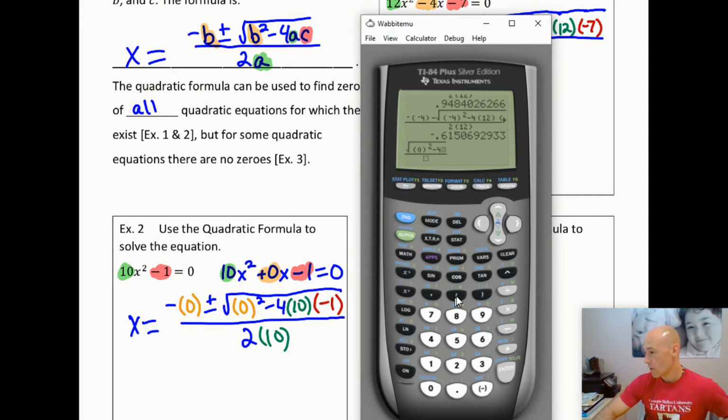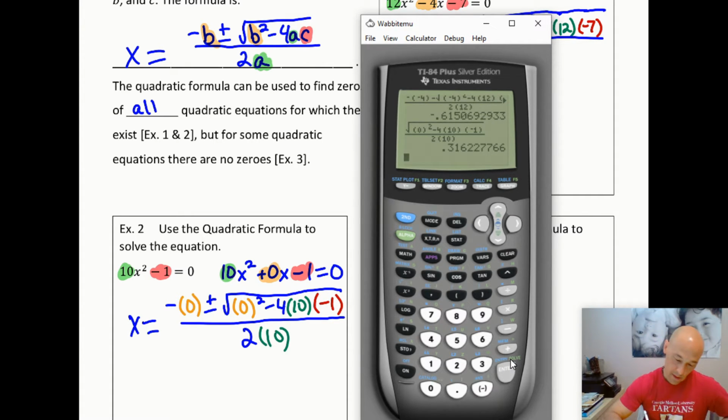Minus 4 times 10 times negative 1 over 2 times 10. And so the result is x is approximately 0.32,